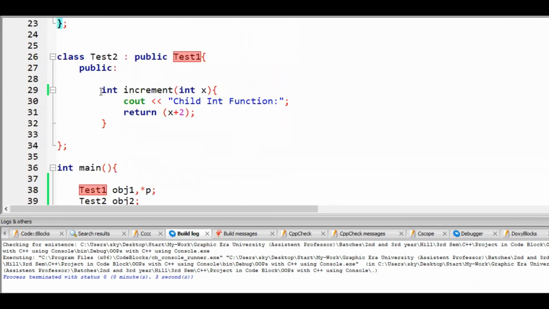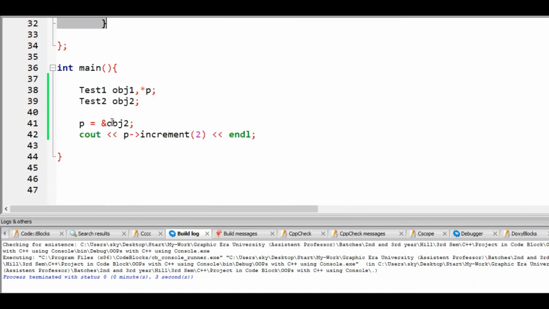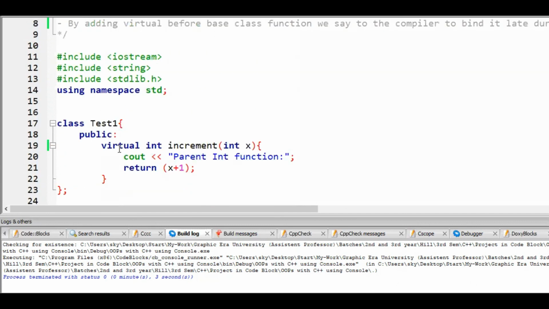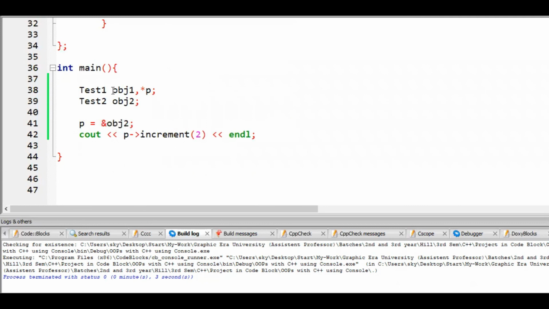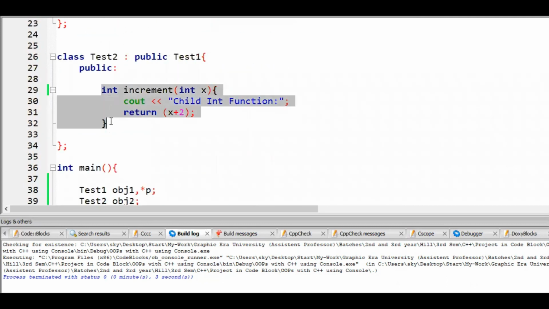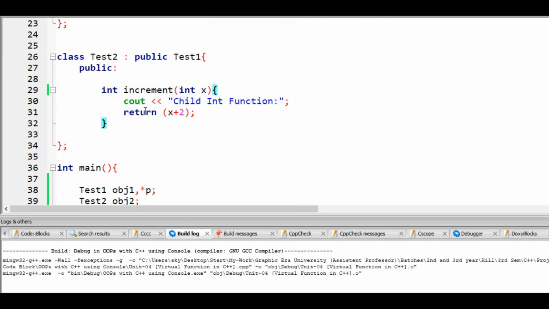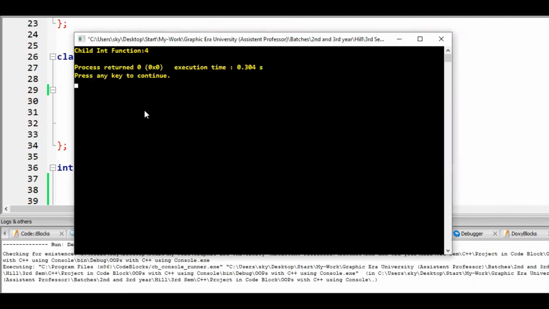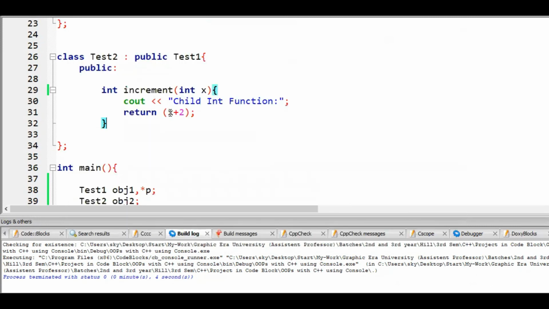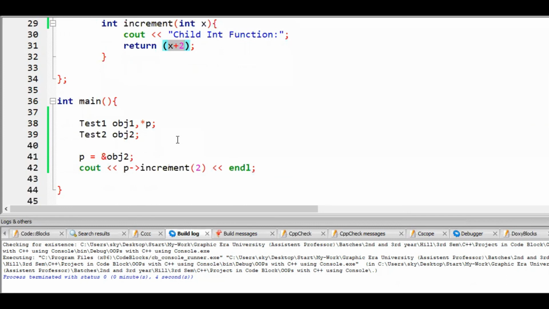So it will point to this function. If I simply execute it after writing virtual over here, this should print the child class function. Okay, let me execute it. It is printing the child int function, returning 4 because it is adding 2 and we are passing 2 over here. I hope this is clear.